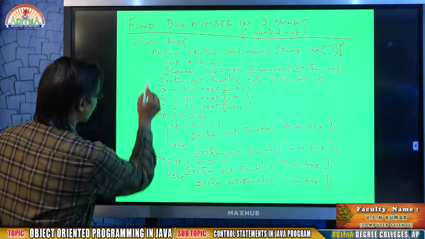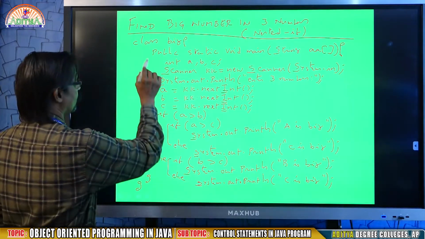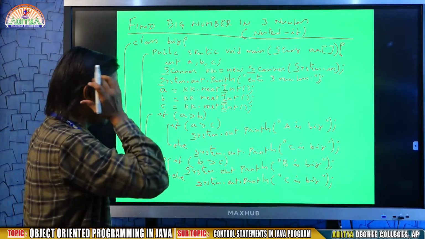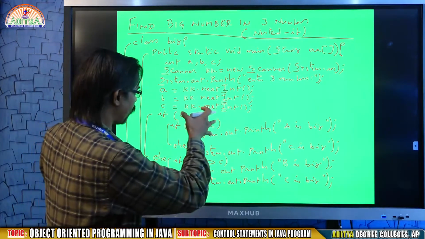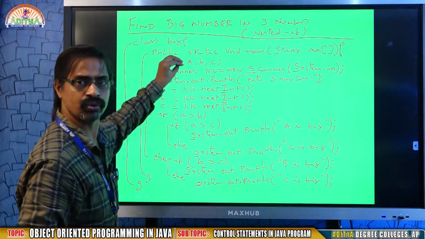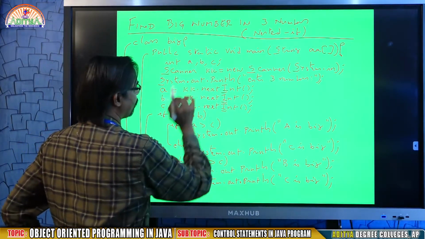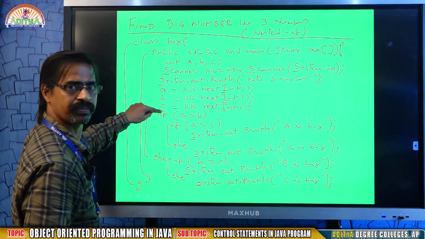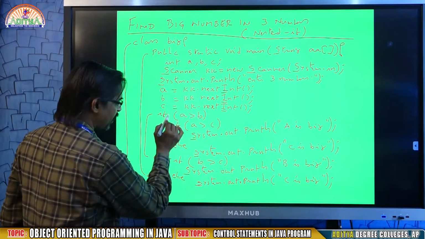Here I am going to close my main, close my class. So this is main ending, this is class ending. See, here, why am I typing my programs? Because when I start writing, maybe the board may be insufficient to write my program. That's why I am showing you the printed programs. Okay. So class Big as usual. I want to take 3 numbers: Scanner kk = new Scanner. I am reading 3 values, that is A, B, C.